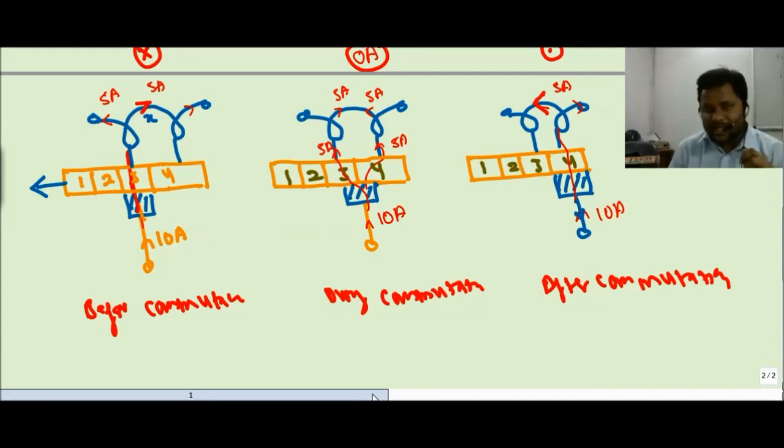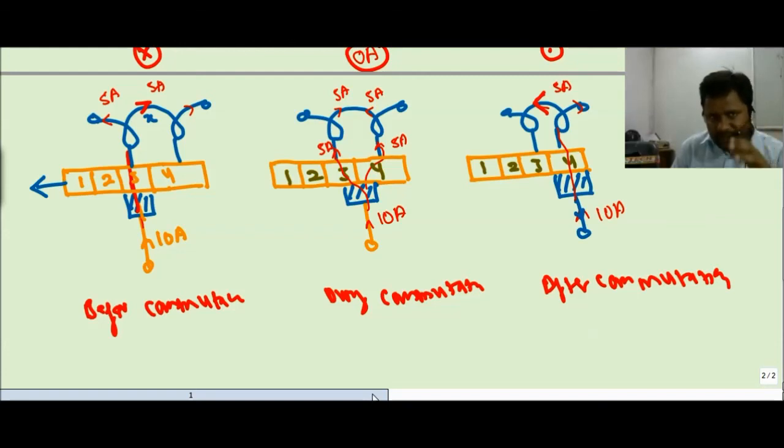The practical thing is that unfortunately 2 to 3% of the current will remain, and this will be responsible for the commutation failure in DC machines, which we will understand in the next class. In the next class we will discuss the commutation failure, and how we can mitigate this problem by using interpoles or some other kind of binding connections, so we can easily overcome it.